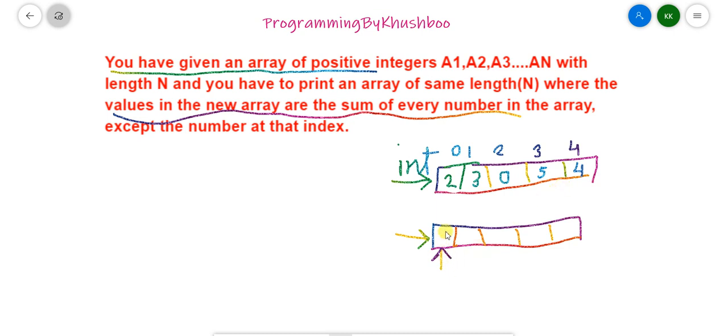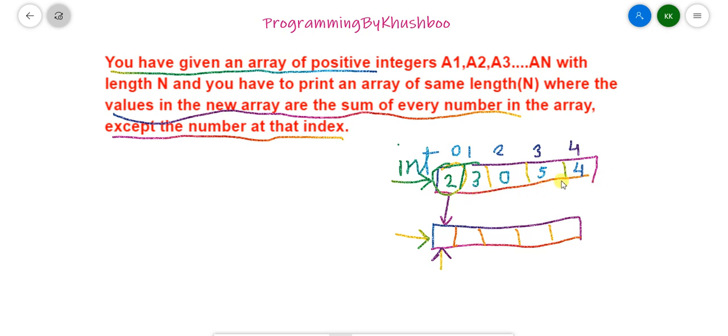In the first index we need to print the summation of each element. 4 plus 5, 9 plus 0, 9, 9 plus 3, 12, 12 plus 2, 15. But here it is except the number at that index. So we sum all the values but do not consider that index. This is index 0, so we skip this value.